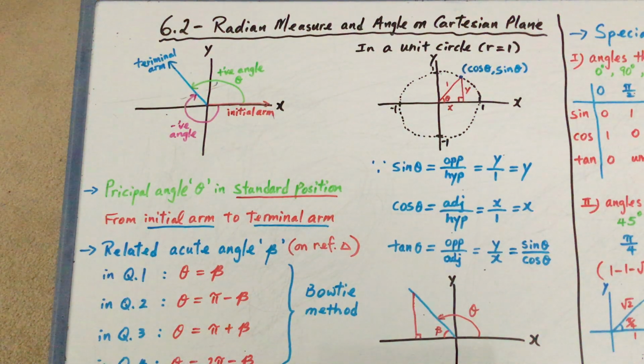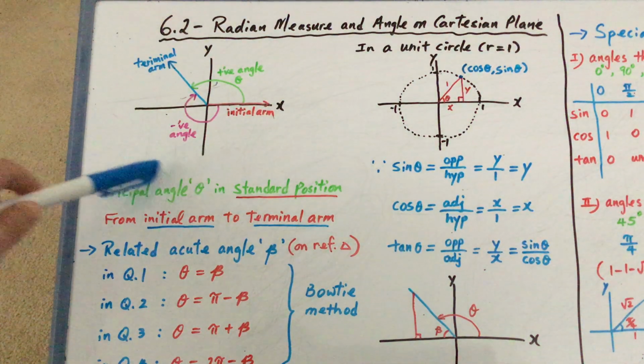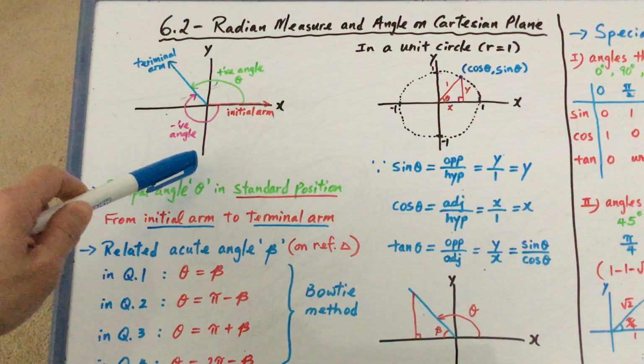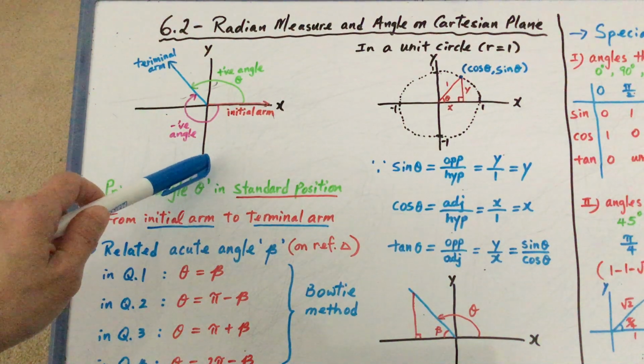Hello everyone. Today's lesson is on 6.2, radian measures and angles on the Cartesian plane. Basically we're just going to do a brief review on how to draw principal angles in standard position, except everything in this section is going to be in radian measures instead of degrees. All right? So hopefully everyone still remembers that when we start drawing angles in standard position on the Cartesian plane,